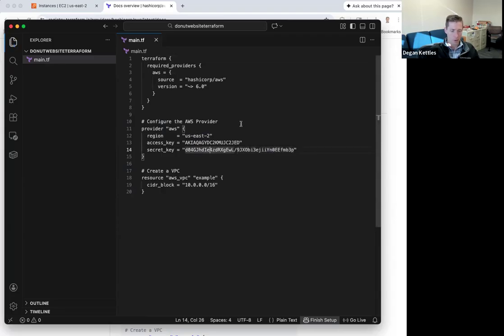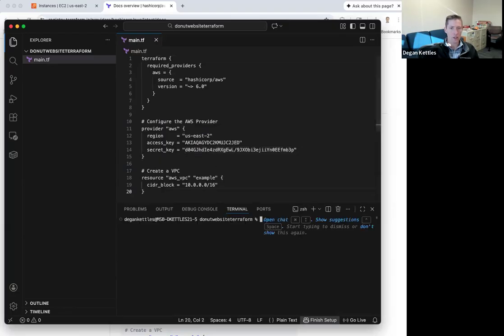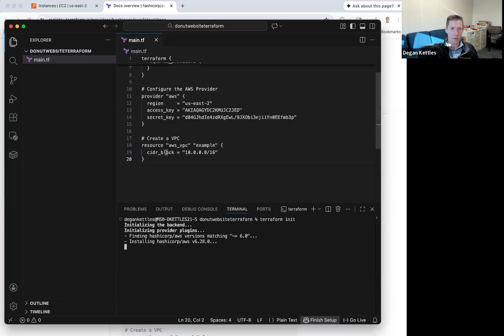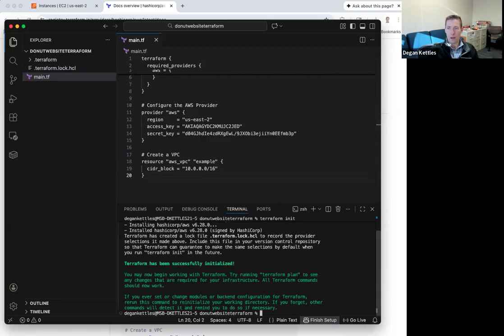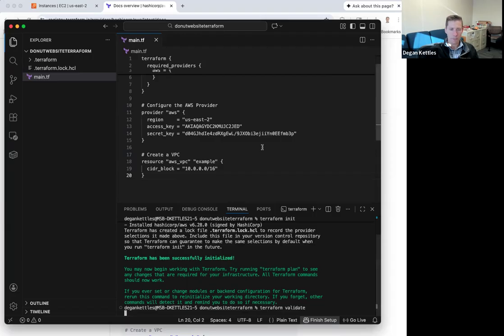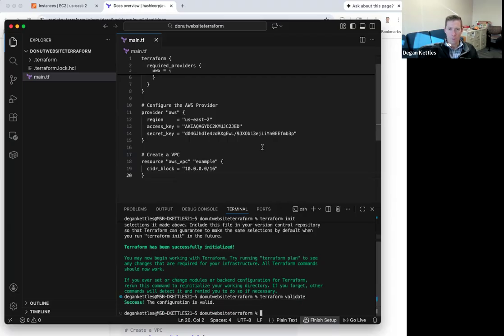Okay, so now I'm going to open up a terminal and start working on this. I'm going to initialize my project by typing terraform init. By the way, this one is going to create a VPC once we get to the right place. So I'm going to do terraform init, terraform validate. Do I have good code up here? Waiting, waiting. Okay, and it was a yes. So terraform apply,